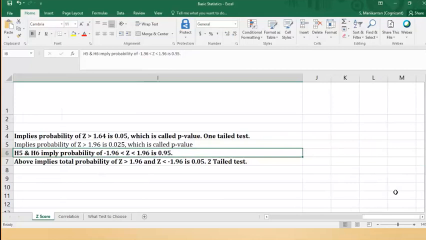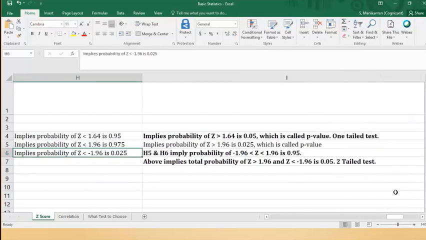Now I want to be certain. Can I be certain that the new employees get a greater salary than the mean salary based on the sample? Earlier we saw whether the salary of the new employees is significantly different from the mean. Now I am explicitly asking, is it significantly greater than the mean? For this you would use a single tail test. For a single tail test, I showed you above, if the Z value is greater than 1.64, not 1.96 in this case, we are 95% confident that new employees get a higher salary than the mean. That's it. This is how you evaluate.